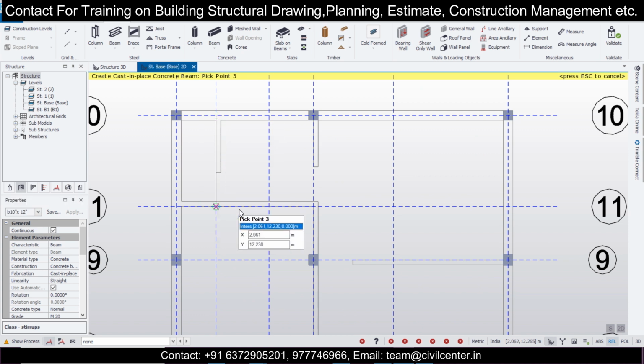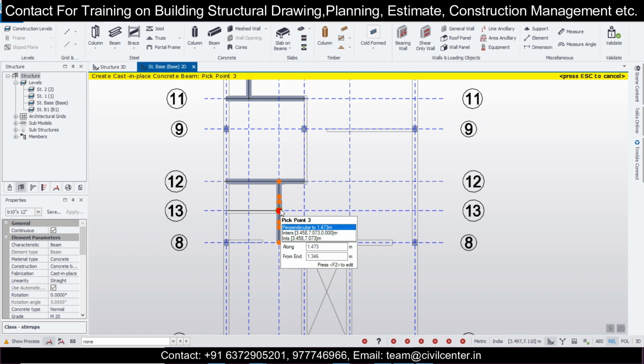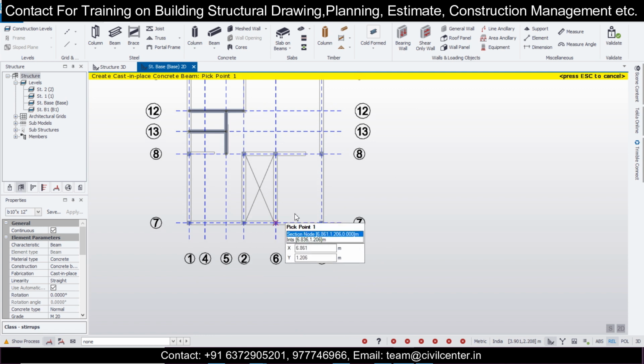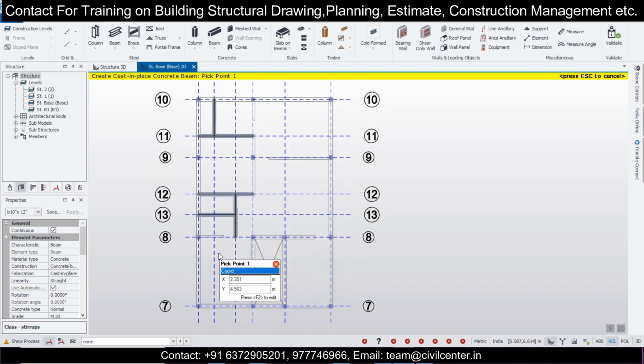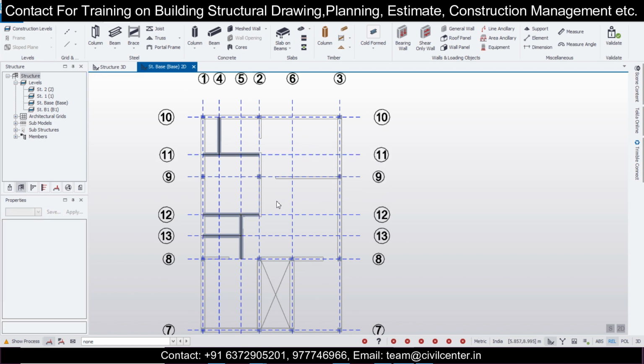Select this and select this, select this secondary beam and double click on this, and we'll select this beam, secondary beam, double click on this secondary beam, and double click on this one, and then double click on this. If you see any secondary beams which are missing, we can join them. So I think as of now I'm not seeing any secondary beams remaining, so we'll click on escape. Later also you can add, but if you add before, then it's good.